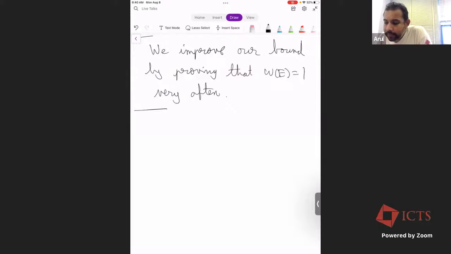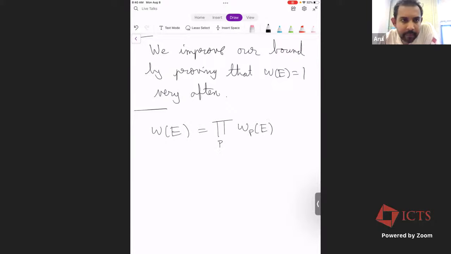Now, unfortunately, controlling the root number is quite a difficult thing to do. Let's just assume for simplicity, the point is that the root number of E is going to be a product of local root numbers. If E has good reduction, then the local root number is just going to be 1. But if E has multiplicative reduction,